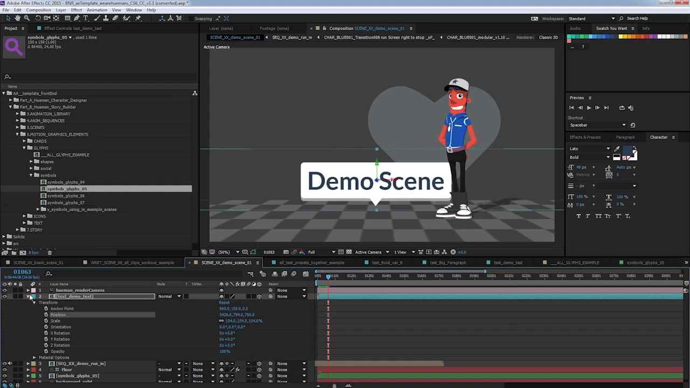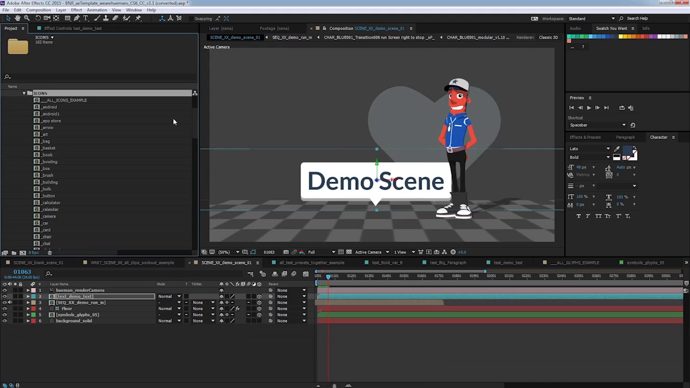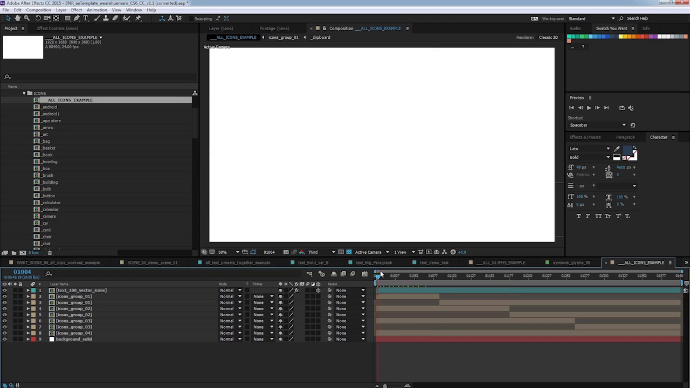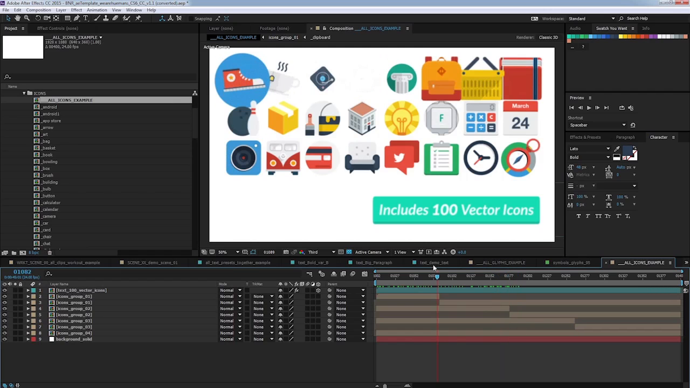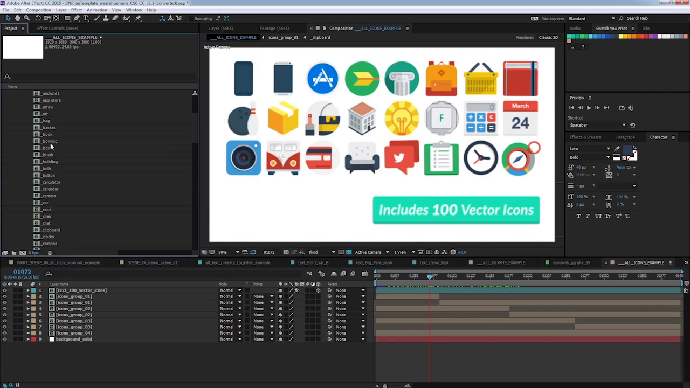Okay, the next thing we're going to add is an icon. So if I open up the icons folder, then again we've got this composition that shows all the icons. And if I just scroll through here, we can see the ones that are available. So I'm going to use this bowling image again. So if I scroll down here and find the one I want, bowling, and go back to my scene